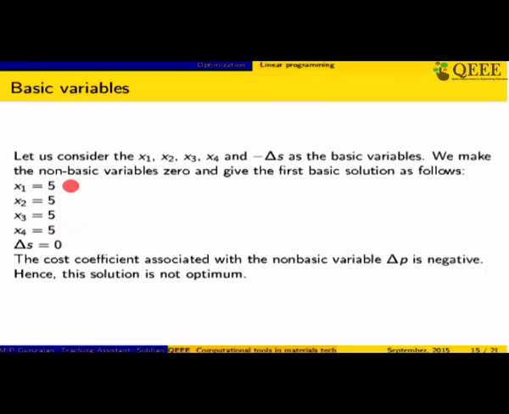So we start with this first solution, and with this solution we are going to try to find a solution which actually gives us the optimized value. So that is the method. Okay. So when we do that, we find that